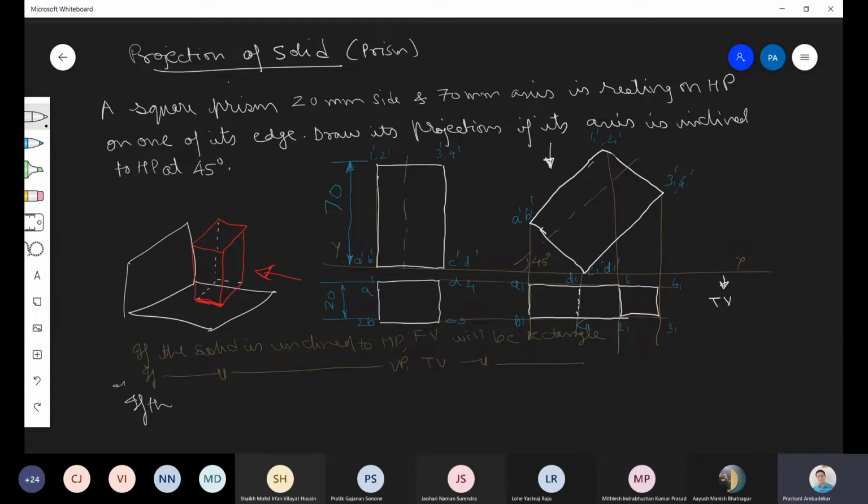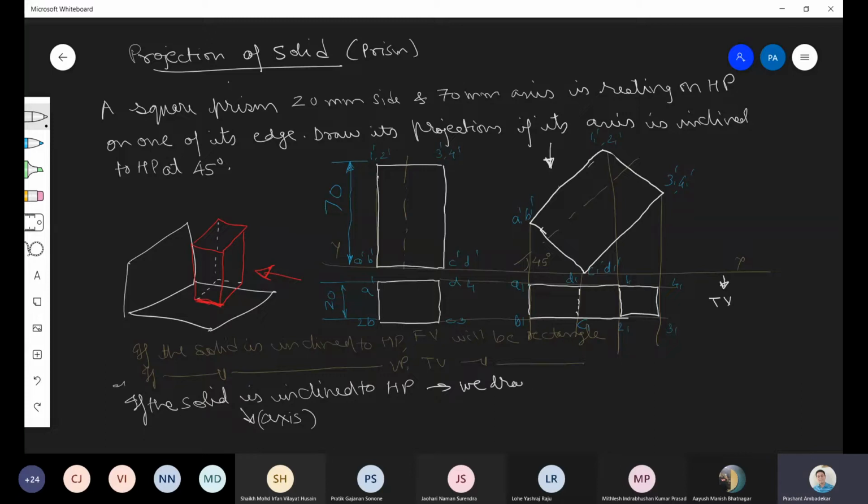If the solid is inclined to HP, what do we mean by that? It means that the axis of the solid is inclined to HP. You can see this is the axis of the solid. This one is the axis. This is inclined to HP. So whenever it is mentioned that the solid or the axis of the solid is inclined to HP,